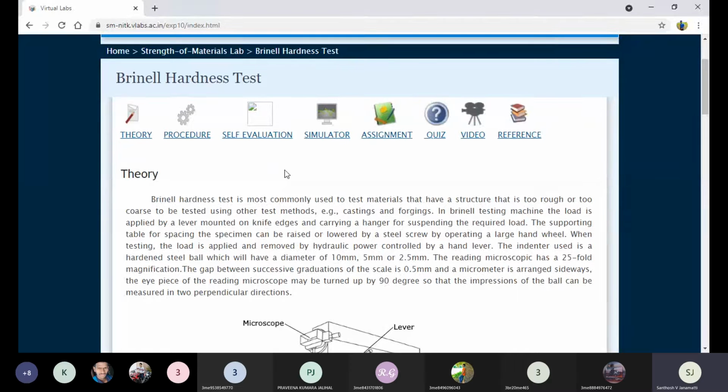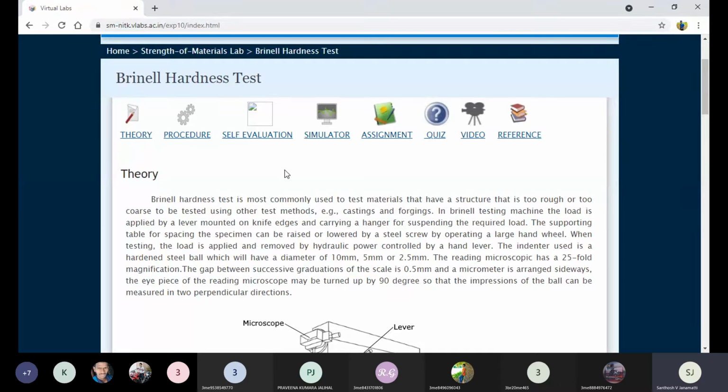Brinell, Rockwell, and Vickers. I hope you understand why we need to conduct all three methods. You have to have that practice, or that knowledge of how to conduct all three experiments, because all three are very important, because we have to use all three experiments successively for different kinds of materials. I hope you understand. Once again we are taking the hardness test, but we are just changing the method